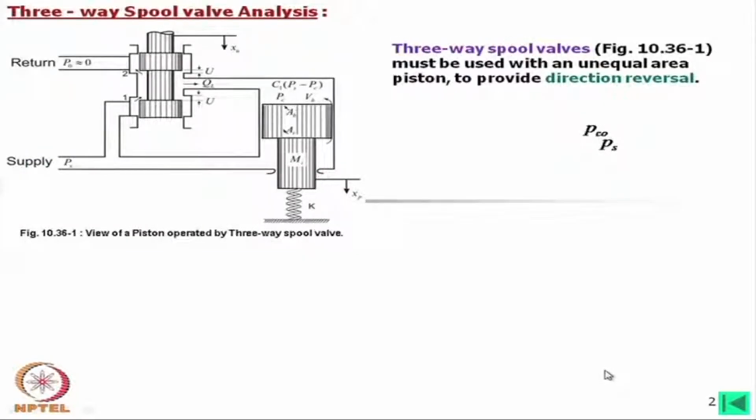Now, the figure 10.361, this is figure 1, it shows the three-way spool valve, and this must be used with an unequal area piston to provide directional reversal. Now, what is three-way valve? We know that what is four-way valve,